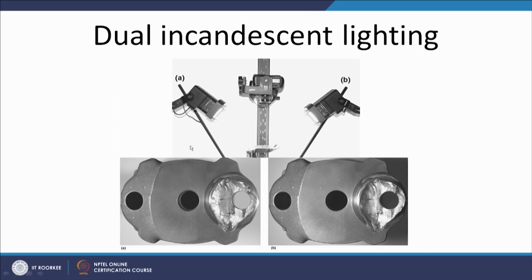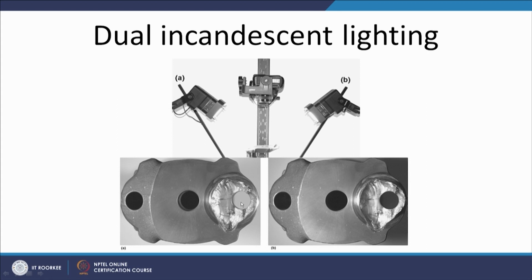Here, this picture shows the sample photograph when the light is directed from this particular angle. It shows that some of the fracture surface features are revealed in this particular way, but